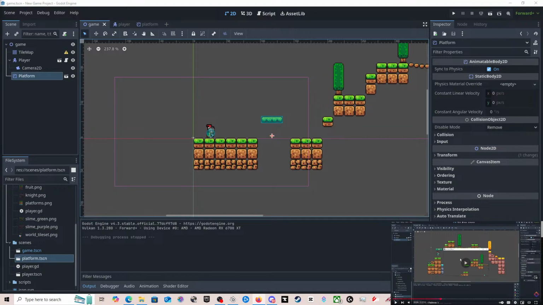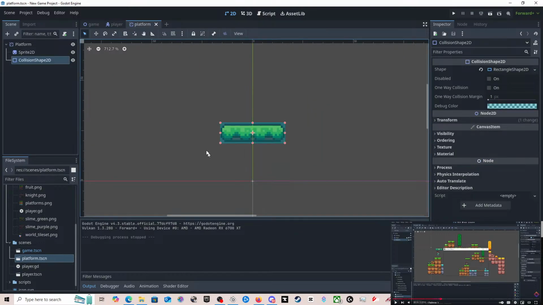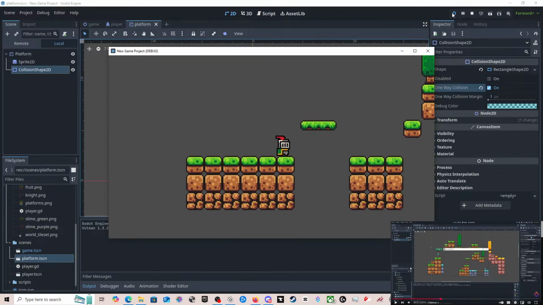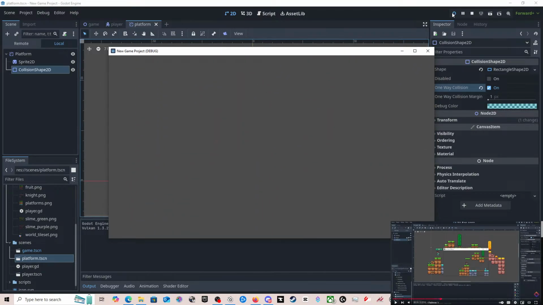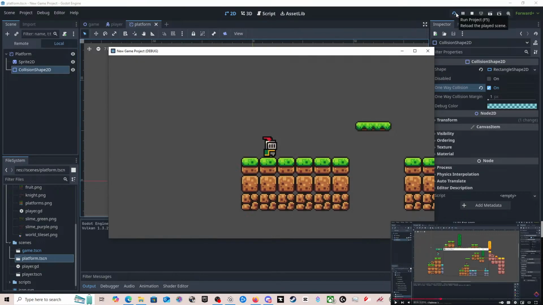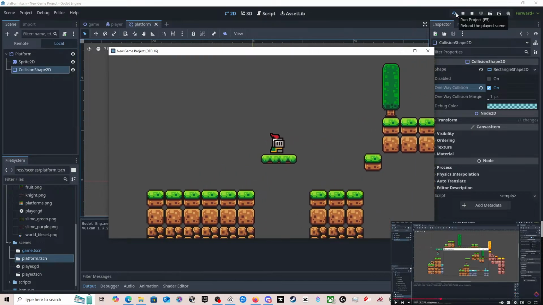One problem right now is that we can't actually jump onto the platform from underneath. I saw this just now. You can't jump underneath. It's only one-way collision on, right? Yes.